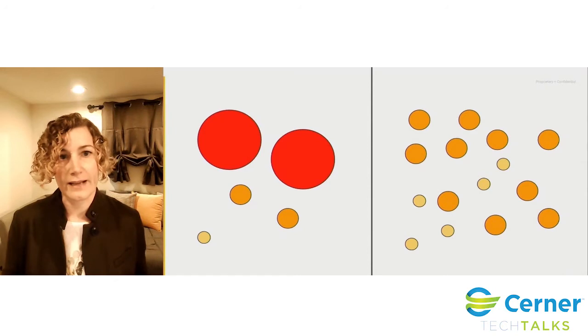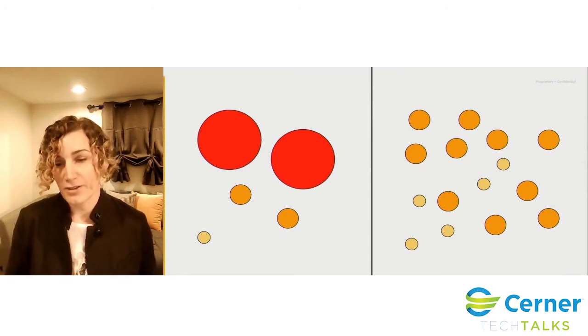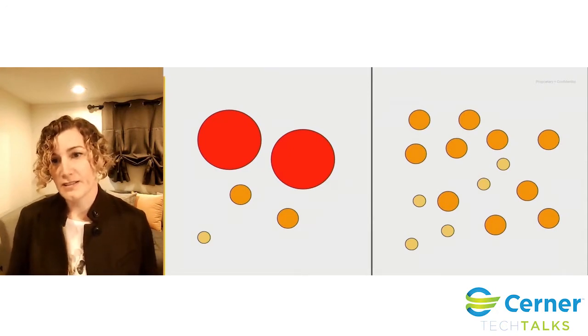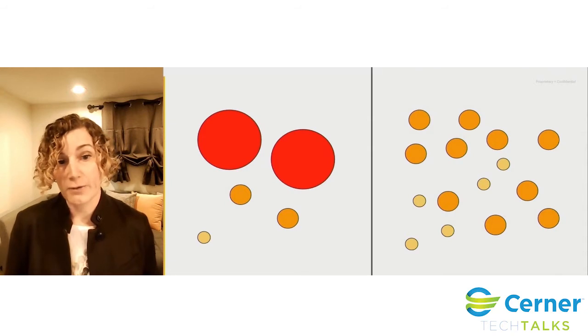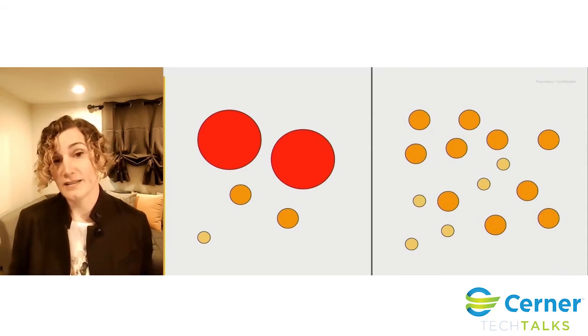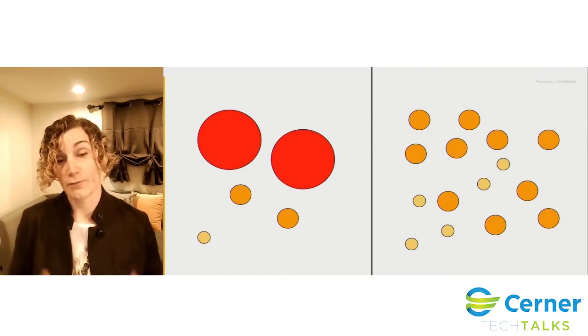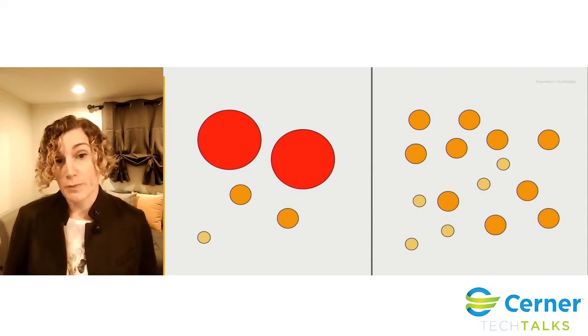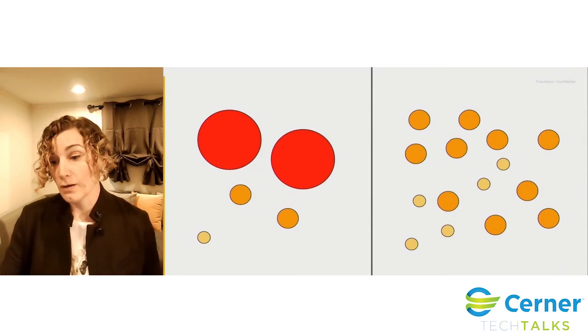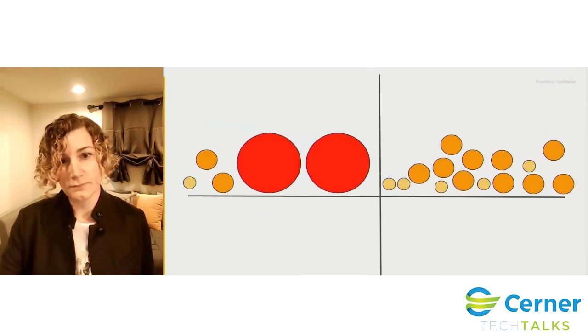And so on this slide, I have two systems. I have one that had only 5 outages, but 2 of them were huge and impactful. And then I have another system that had a lot more outages, but they were all very contained, either in their duration or their impact. And you have to look at these two pictures and say, if you were a customer and you were being asked to buy a system, or you're wanting to build your software on a system, which one would you prefer? And most people would pick the one that had the smaller but more numerous outages.